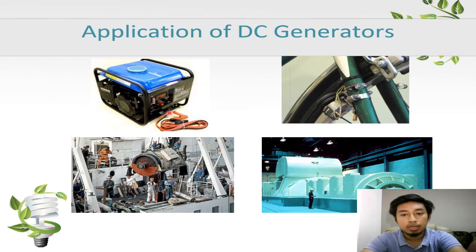This is the application of the DC generator. Like in the night market, we use a generator, and they need to put in fuel to kickstart the motor. So we need the choke here, and then you need to use something like a prime mover to kickstart it. And then it is simple.